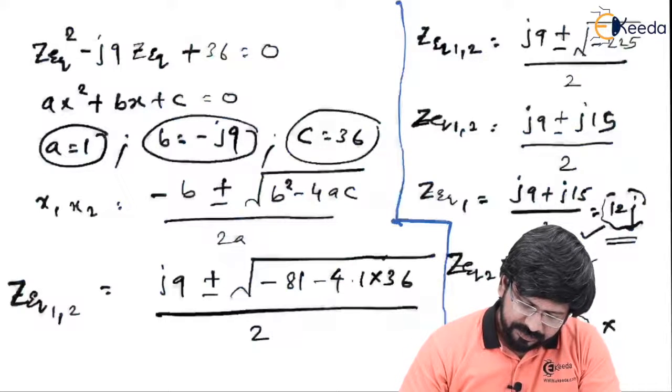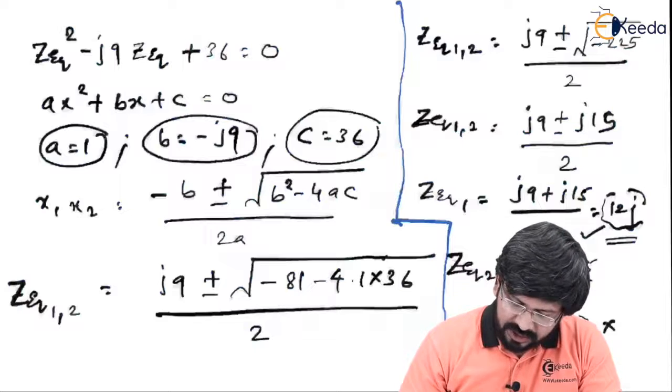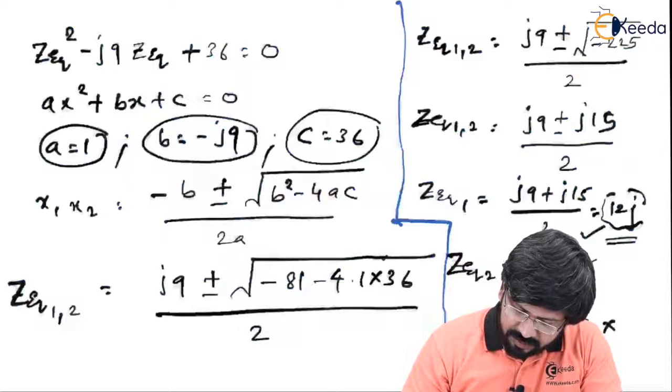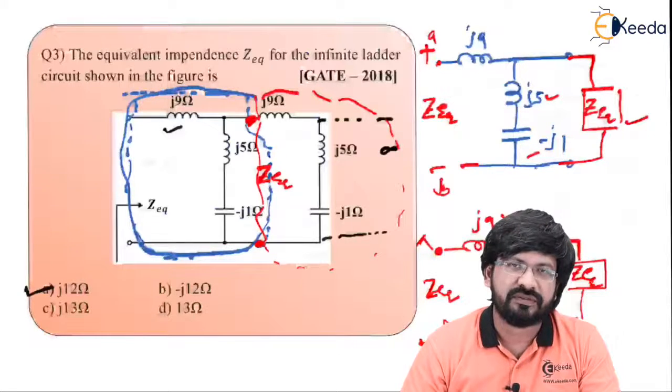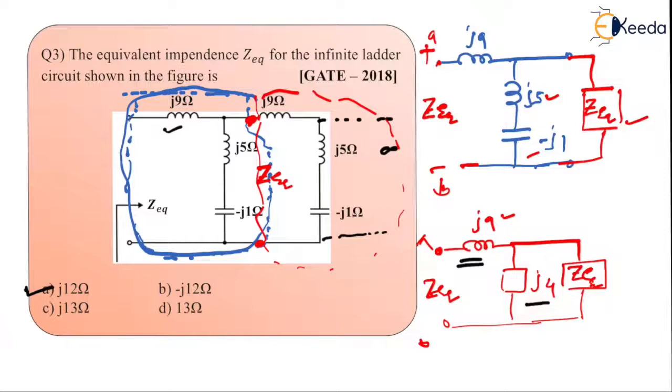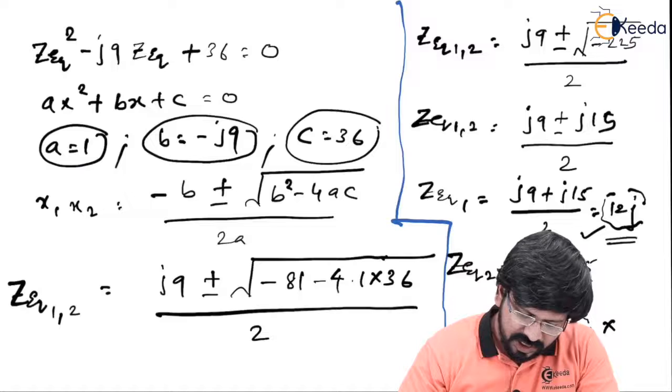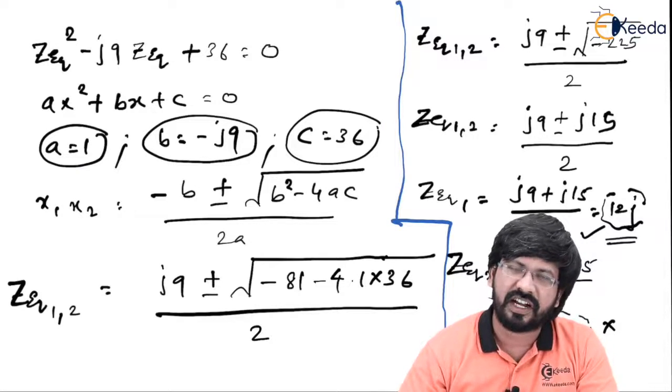If you look into the circuit, you will see that the first branch has j9, the second branch has j4. It means, overall, all the impedances were positive. If all the impedances were positive, it indicates that the circuit is inductive and not capacitive in nature. It means the Z equivalent that you should get is bound to be a positive answer. Am I right? That is the inductive circuit. Since it is an inductive circuit, Z equivalent cannot be minus 3J. So minus 3J is the wrong answer. 12J ohms is the correct answer. So in this case, as we have already marked, option number A is the correct option.